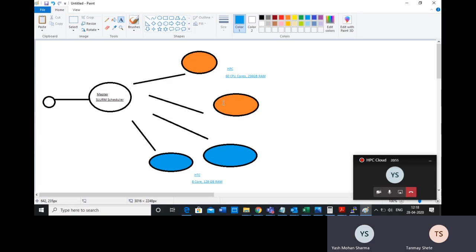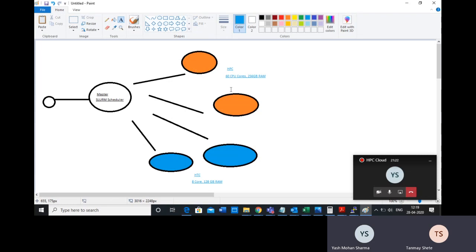Suppose you want to run a problem which needs less than 8 cores and less than 128 GB, then you can select this type of machine. And if you need a problem which needs more than 8 cores, then you can select this type of machine.